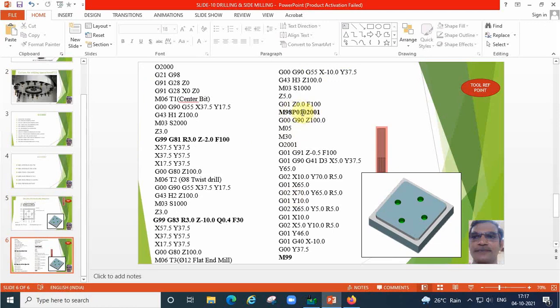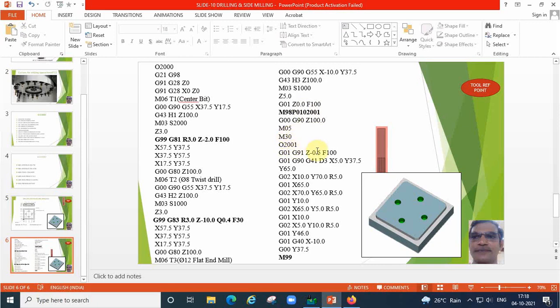M98 P010. So 10 times we are rotating the cutter with subprogram number 2001. So under the subprogram our profile values will come here. Simply calling the subprogram and lifting the cutter to 100 mm height, switching off the spindle and put M30, that is the program end. After M30 only we have to write the subprogram under 2001. Already we have given the number 2001. With the same number we have to start the subprogram after M30.